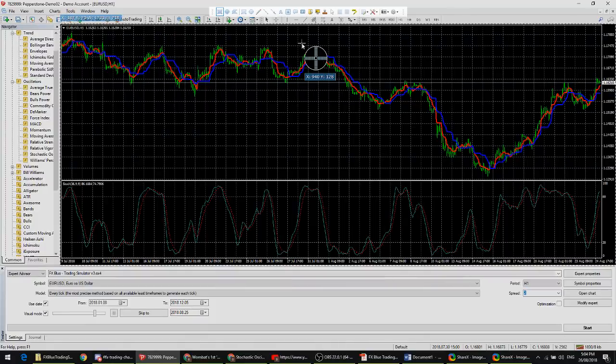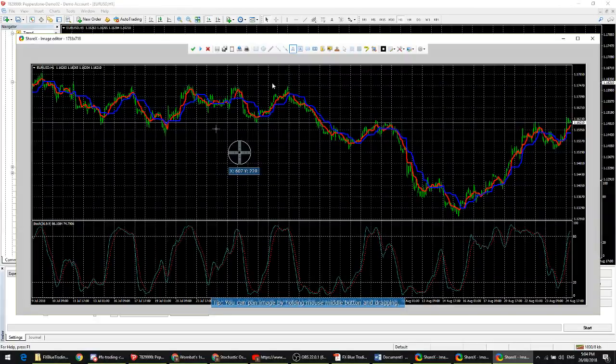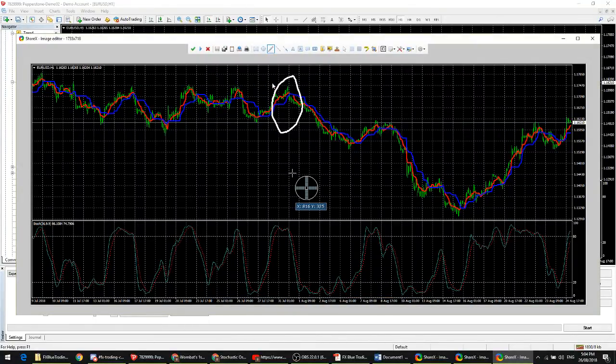We can always do this. Now we can draw. Where's my pen? Here we are. So we've got this point here where the trend has changed from up to down, and then we got this point here at a high. So we can start thinking, well, the trend has changed from up to down, and at the moment